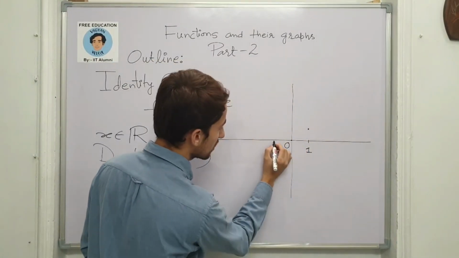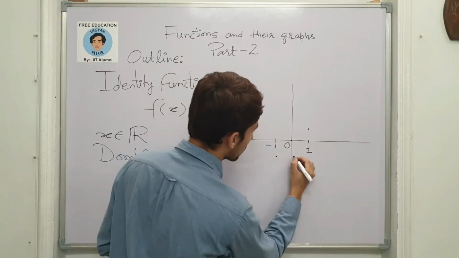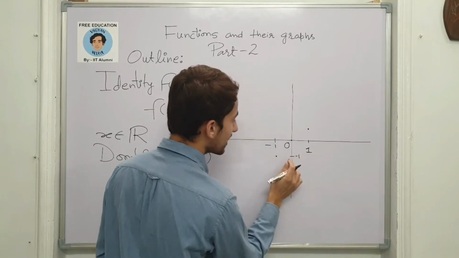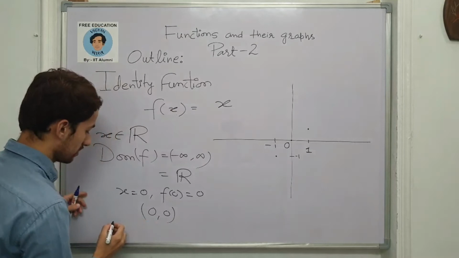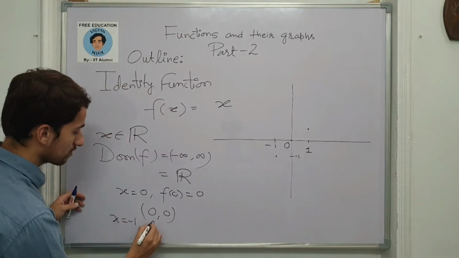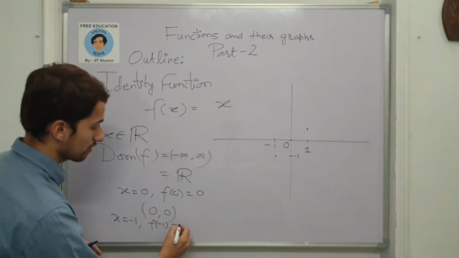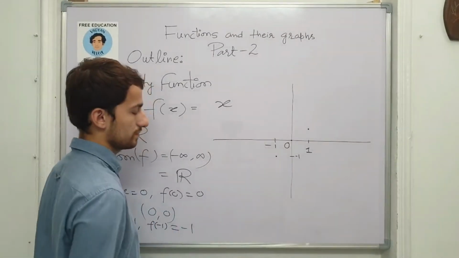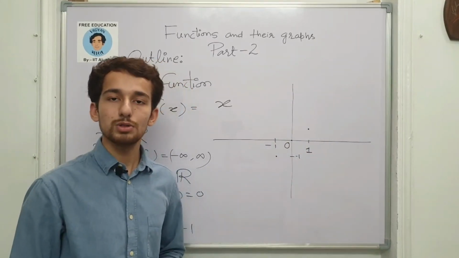Likewise, if I choose x to be -1, the value is -1 itself. The value of the function is -1. So (-1, -1) is the ordered pair which I am plotting here. You can see it. x equals -1 and f of -1, how will it be defined? Substitute the same value. So it is here. You can continue plotting some more points and easily you can now sketch its graph.